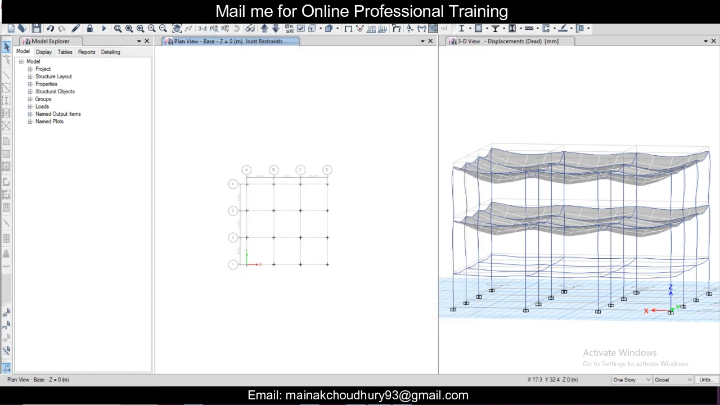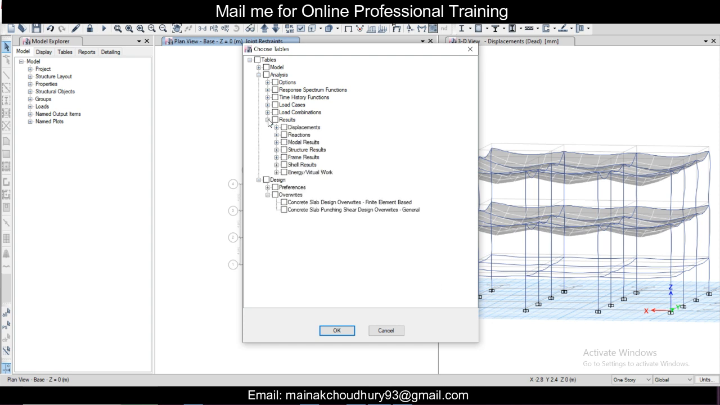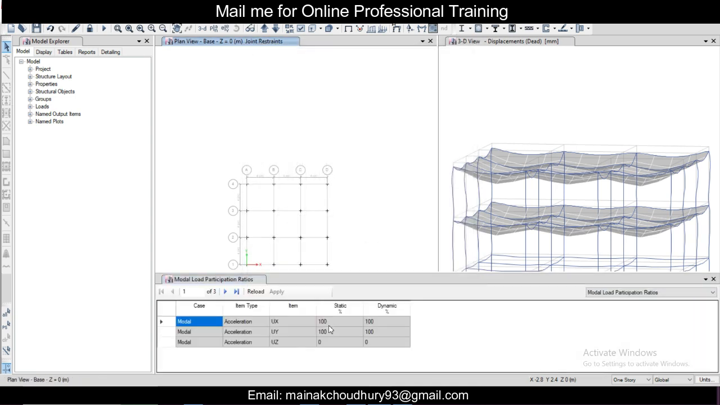Just go to display and then click on show tables, and here in the design or the analysis, just results, and then the model results. And here you can see modal participating mass ratios, participation factors, and modal periods and frequencies. Let's see all of them. Click on OK. So you see these are the modal participating ratios, UX, UY,